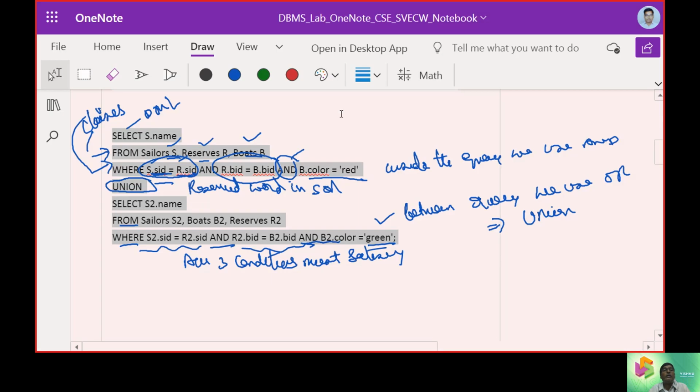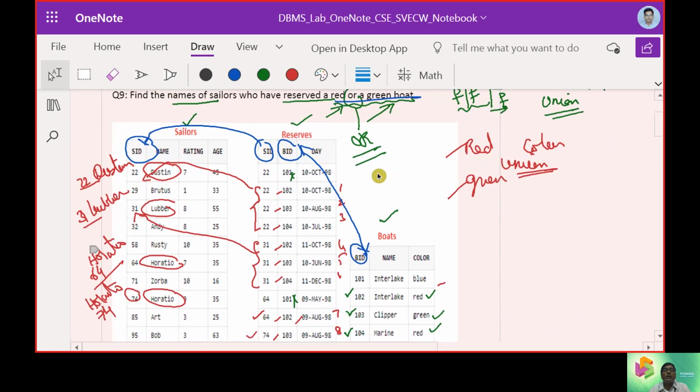So let us move to this part. We should get Horatio, the second one is Dustin, the third one is Lubber. Whether these items are available or not.